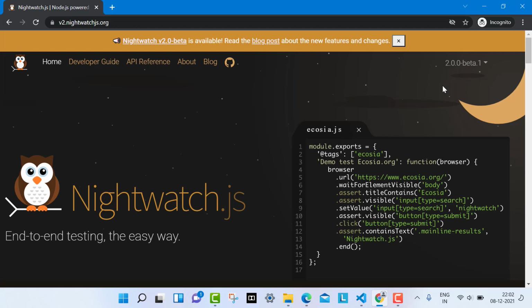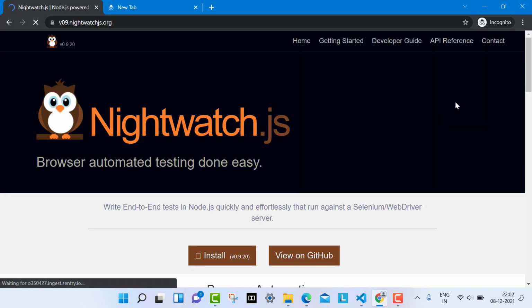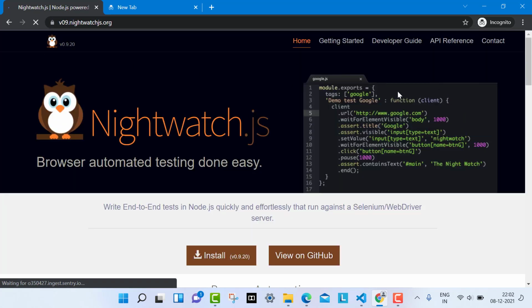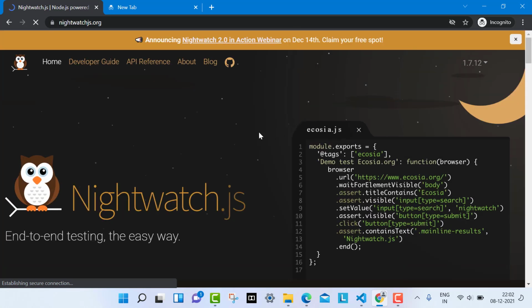If you are using 1.7.21, or let's suppose 0.9 or some older version, these Nightwatch versions did not have the inbuilt Cucumber runner.